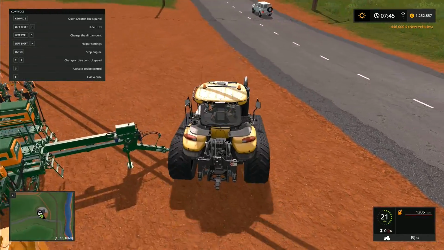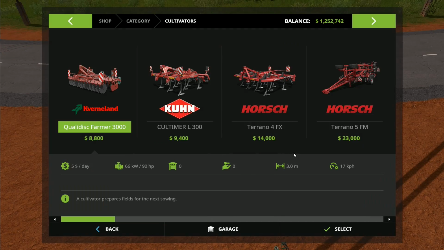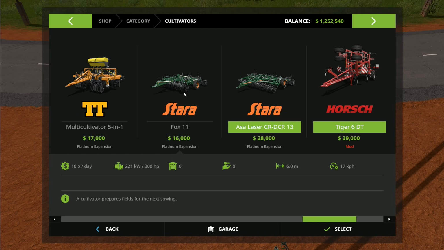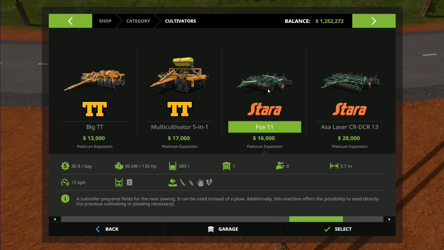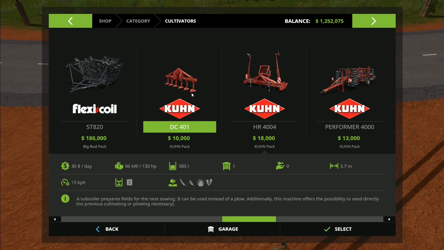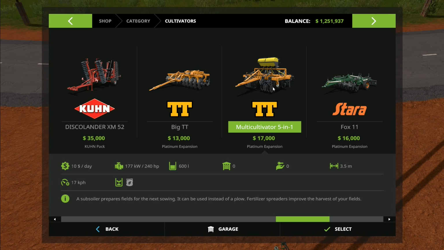Oh, there is one thing that I want to do also with the cultivator, because it does say about being able to plow. Now, we've got these options here. So we've got big Horsch cultivators here. Just says it prepares the ground for the next sowing. But if you look at these, subsoiler prepares the ground for next sowing. It can be used instead of a plow. Additionally, this machine offers the possibility to seed directly. Now, I don't know why that one is saying it can seed directly. I'm not really sure what that's about, unless it is something to do with the Coon DLC, whether it can tap into that as well. I don't really know. Or it can...